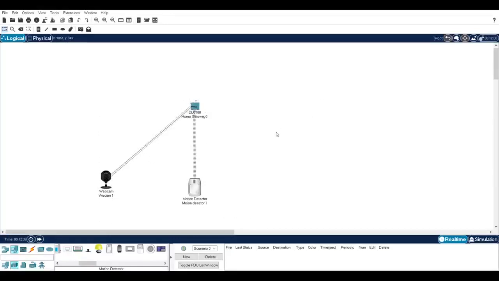Now we need a smartphone. The first step is to connect the smartphone to home gateway.